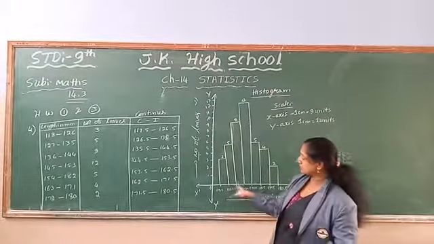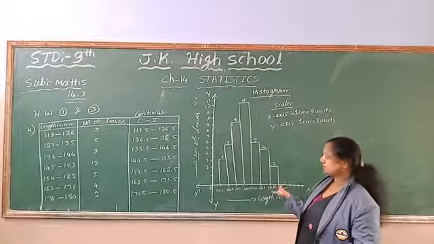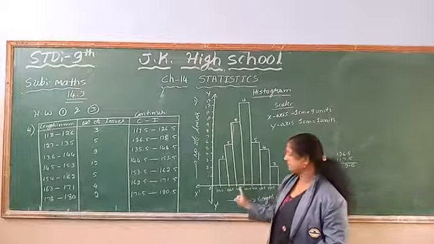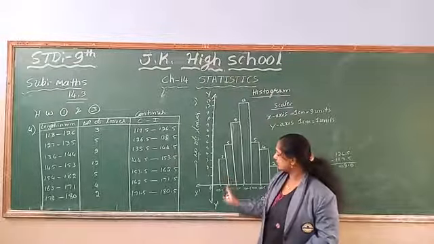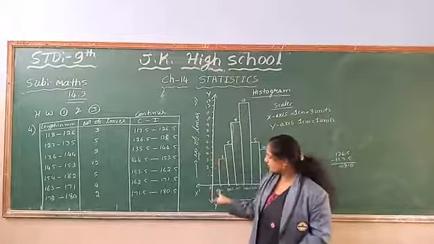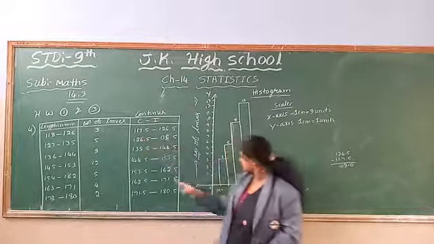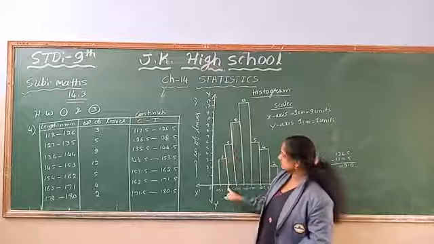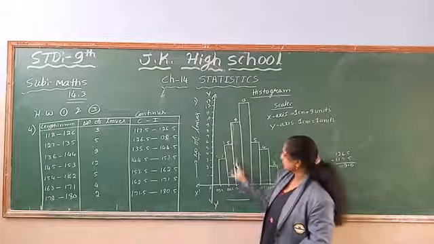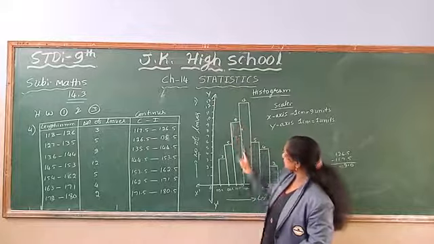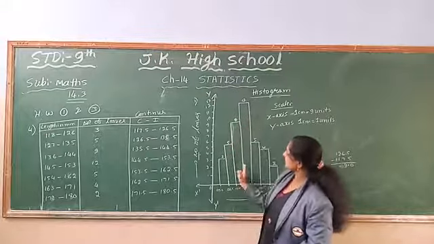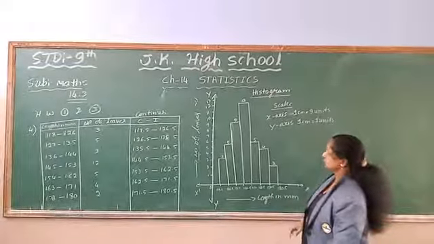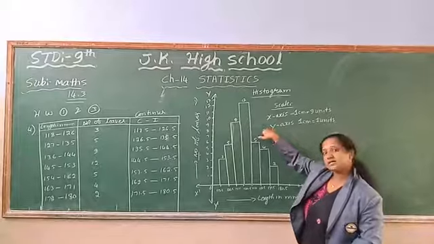So now you see it is continuous, with no gap in between the bars. The graph looks like a bar graph, but there is no gap in between. It is continuous. In the same way, for 117.5 to 126.5, how many leaves are there? 3 leaves are there. From there, without leaving a gap, the next class interval has 5 leaves. Then, without leaving a gap, the next has 9 leaves. So the width is the same and there is no gap in between. This type of graph is called a histogram.